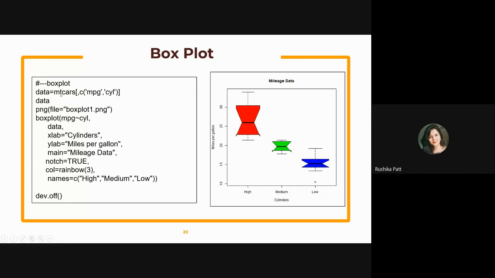It has different cars data, like different companies, Tata, Mahindra, Suzuki, etc. Different models, different companies, and their mileage and their cylinders. So I have created PNG for boxplot1.png. Boxplot, see, the first one is different than other graphs. MPG tilde sign CYL. This always represents